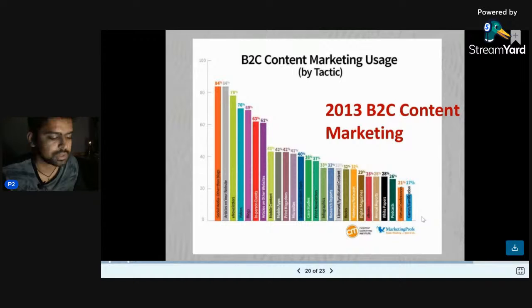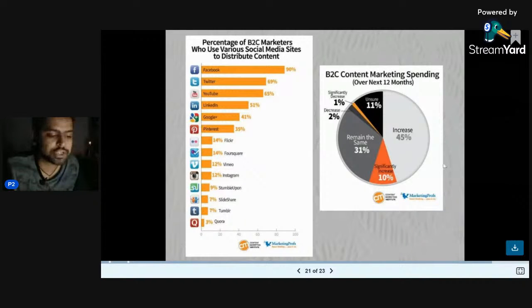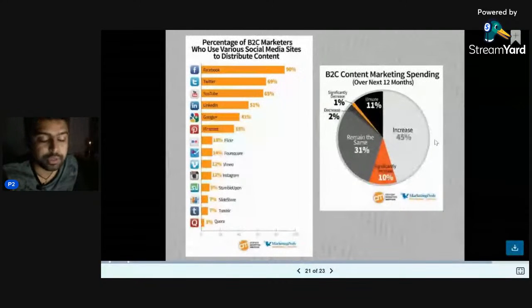So let's skip that. And this is just another fancy resource that is telling how content marketing spending is increasing year by year. I feel that is very obvious, that everyone understands how important it is to make your customers loyal to your brand. That's the reason most of the companies are heavily spending on content marketing these days.